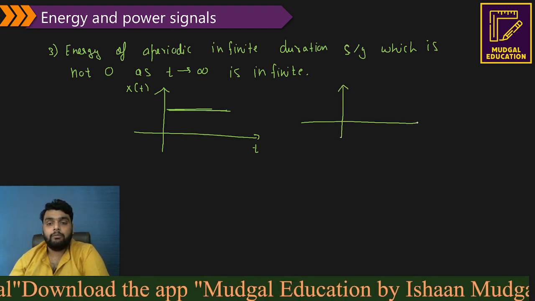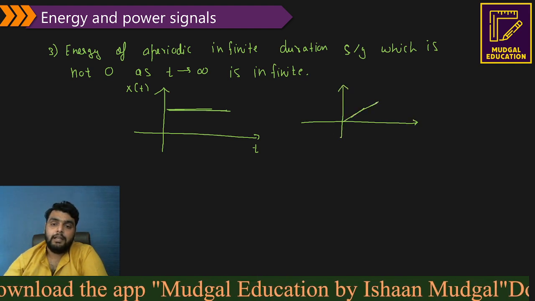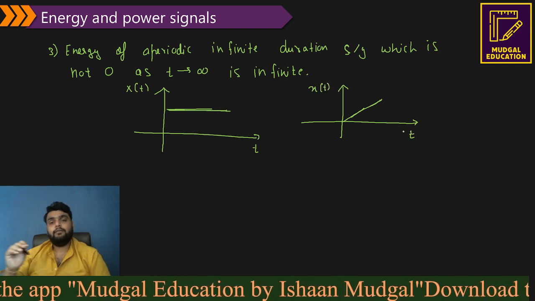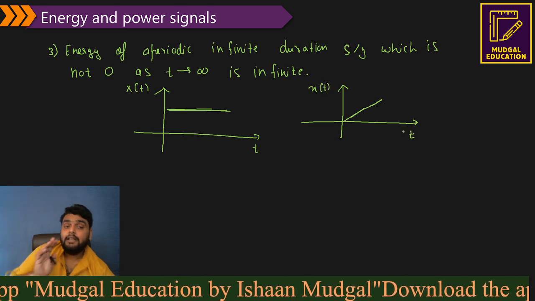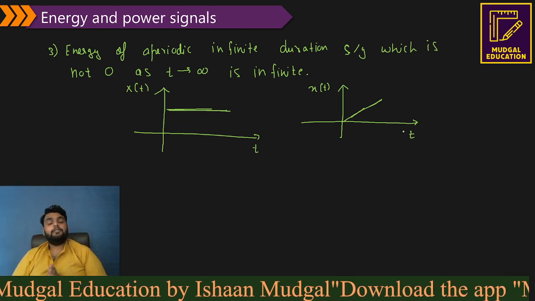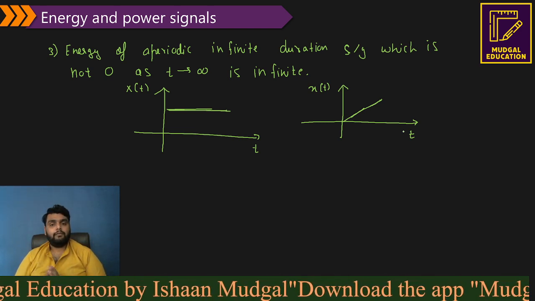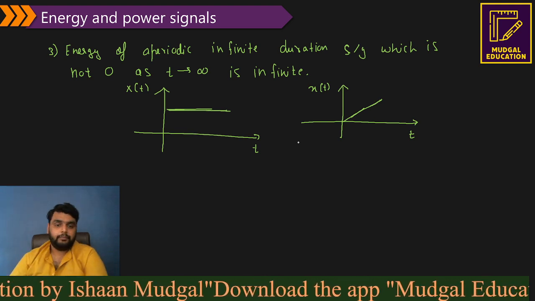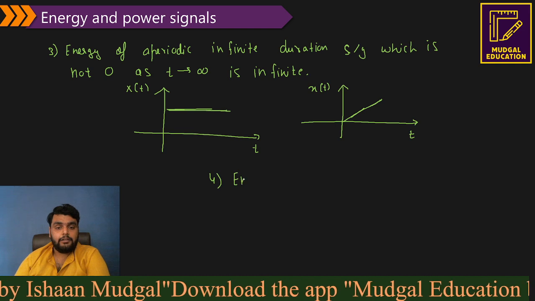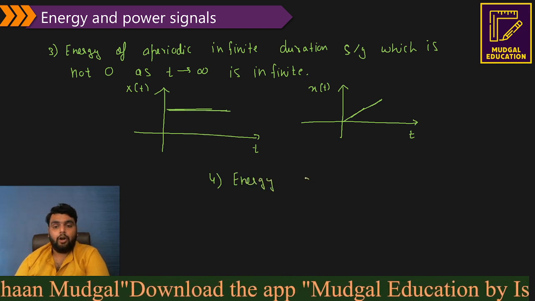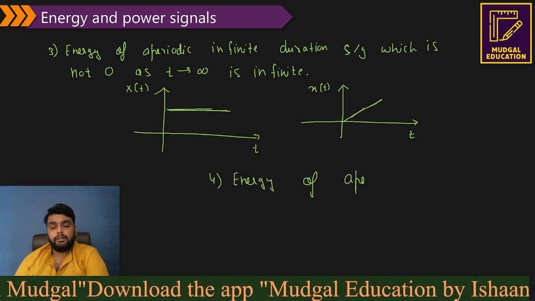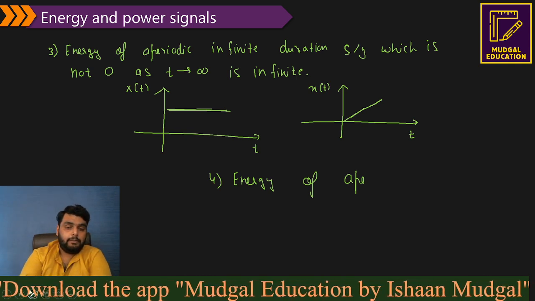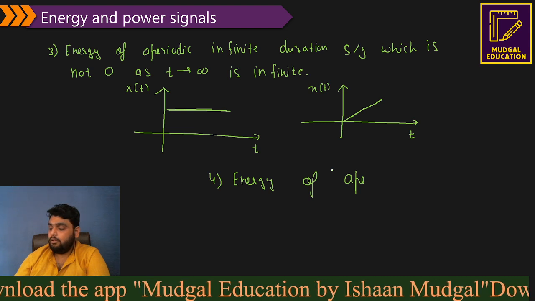Also, you can check one more signal, for example the ramp signal. Here again this is an aperiodic infinite duration signal, and as t tends to infinity, the energy will be infinite because the magnitude as t tends to infinity is not 0. Last point: energy of a periodic signal is infinite. The simple point is,